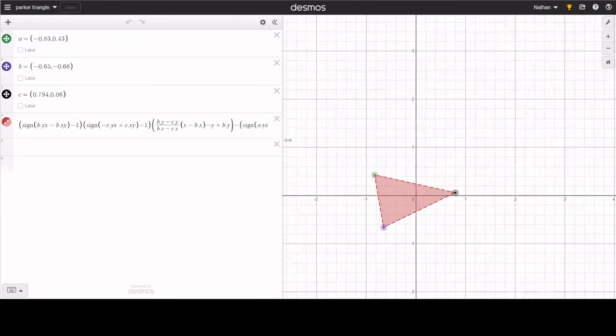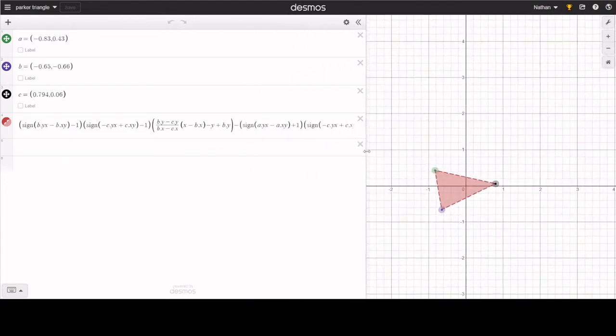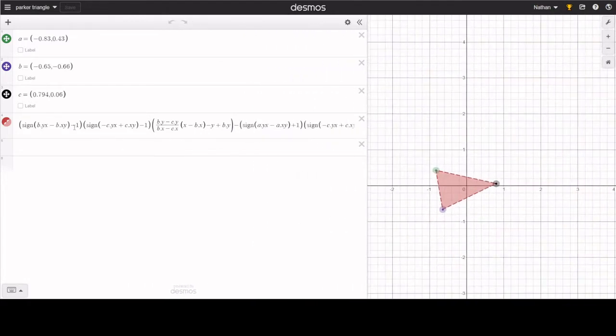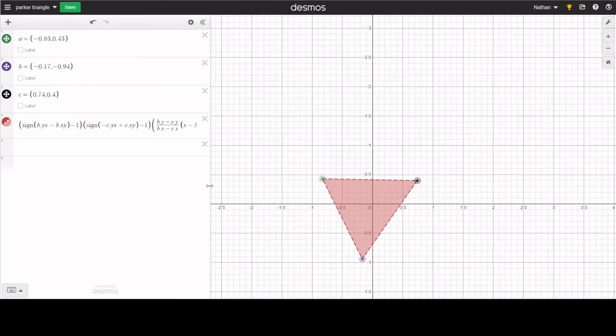So from the video, he talks about how he uses the sine function, as well as the sine function multiplied along the equations for the lines of the triangle, to create a triangle in 3 lines like this. You can move it around. It all works